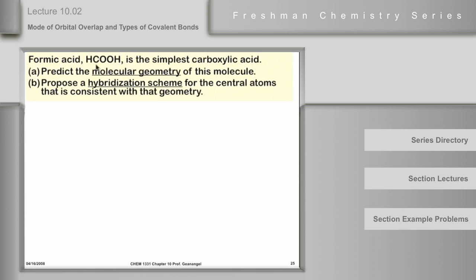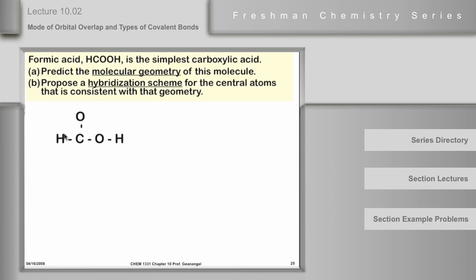If you've ever been bitten by a fire ant, part of the potent concoction that the fire ant inserts into your skin is formic acid. And insect stings in general typically have some formic acid in them. It's the simplest carboxylic acid. So this question says, predict the molecular geometry of the molecule and propose a hybridization scheme for the central atoms that's consistent with that geometry. Okay, so